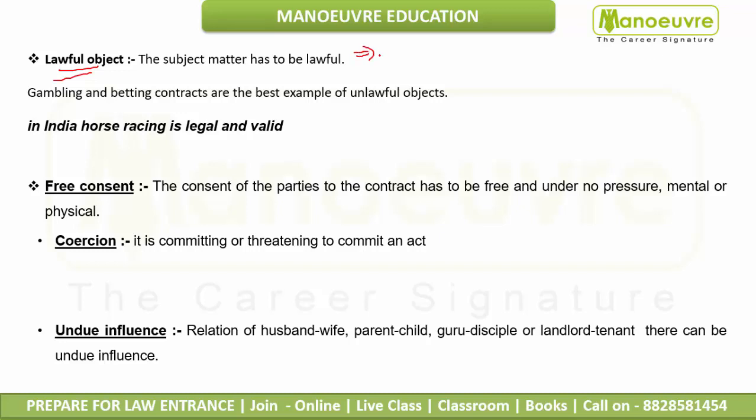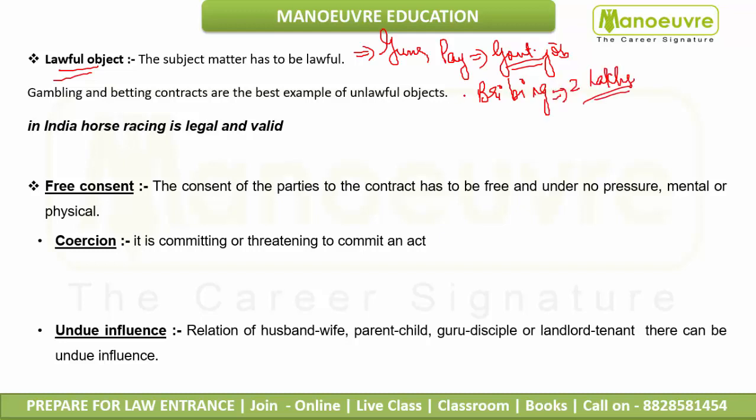The object has to be lawful. As I told you, if you're dealing in guns, correct? Same way, if you pay somebody, and that person is saying that he will get you a government job, okay? So this is one kind of bribing, correct? This is one kind of bribing. And if you give him 2 lakh rupees advance, but in return he is not offering you any job, you cannot go to the court of law, guys. You cannot go to the court of law. Why? Because the object is